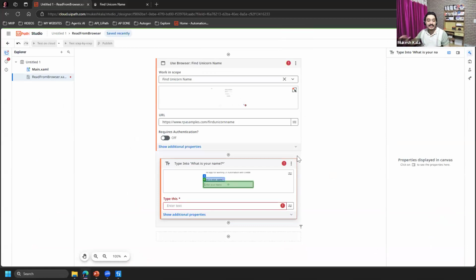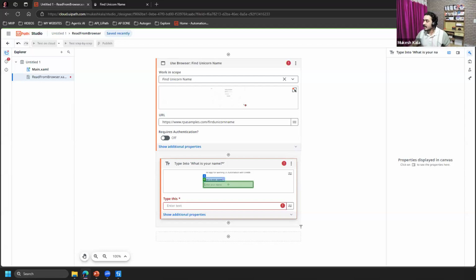Now, if you realize here, UiPath is a different company. The browser which I am using is Edge, which is from Microsoft. And ideally, what we are trying to do is put some information via scripting on Microsoft Edge. So first of all, Microsoft has to give me permission to put this onto my website. And that is why when you do it for the first time, you would have to install an extension. Same like you install extensions for your YouTube, for your learning materials, right? We use some kind of extension. Torrent, for the people who are downloading from torrent, you guys would know, right? We have to install some extension.